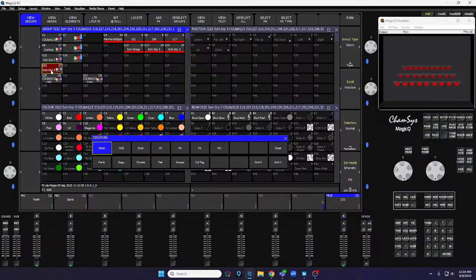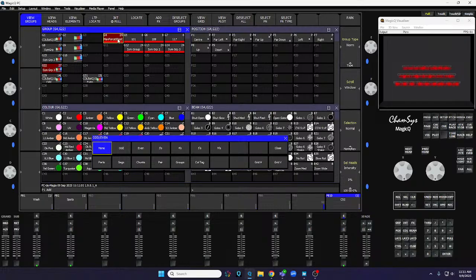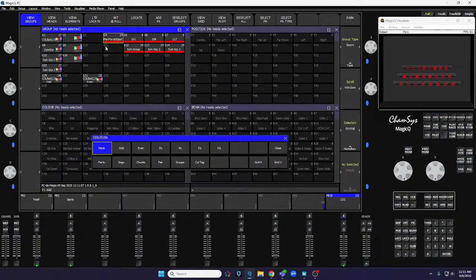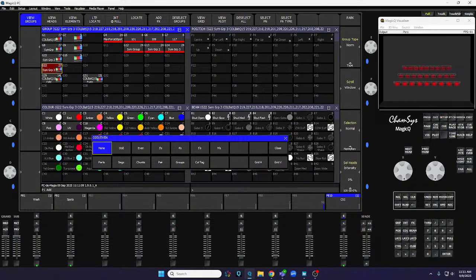For example here, in these I have 9 fixtures per truss, whereas on these, the spots, it's 8 fixtures per truss. So this is going to be an even number. This is going to be an odd number. That's going to give us different results when we try and, say, do chunks of 4. Chunks of 4 on this is going to look different than chunks of 4 on this because of even and odd numbers. So this one here, group 22,